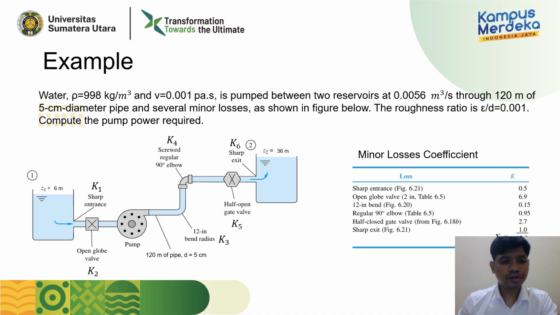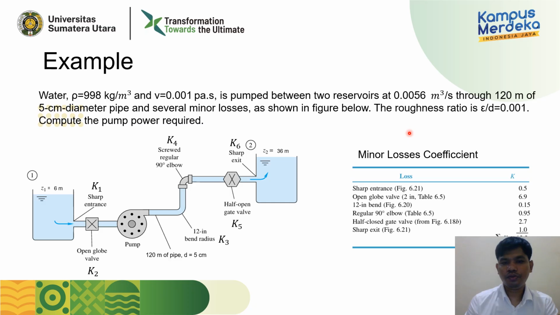This is an example of calculating the pump power of this system. It is actually a similar system to the previous case, but I will put it into context. We will have water with a density of 998 and a viscosity of 0.001,